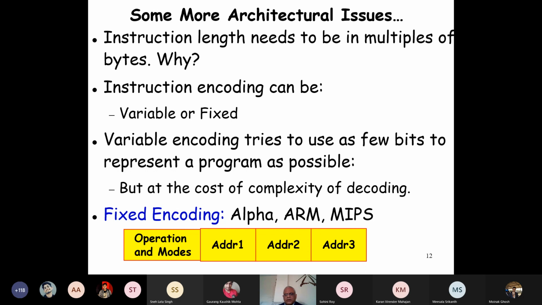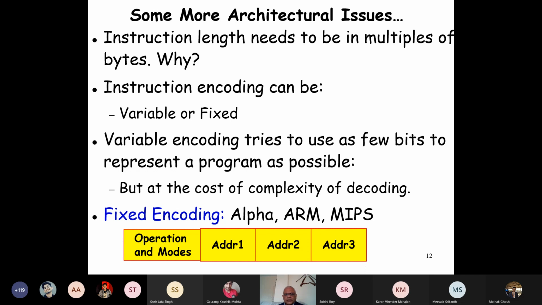The answer is all computers are byte addressable. And there are some computers, of course, where the address is multiple bytes, but the minimum thing that you can access is a byte. If you get something from memory, it is of 1 byte or 8 bits, right? That's the meaning of byte addressable, is that you get 8 bits at a time, on one read operation from the memory.